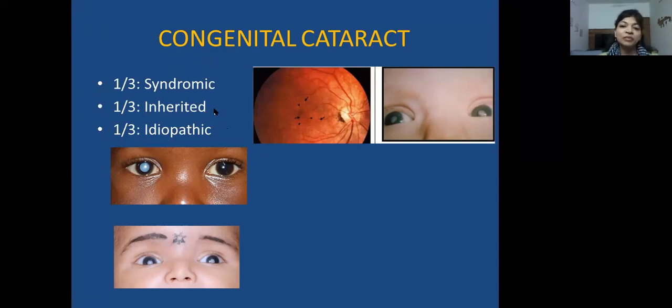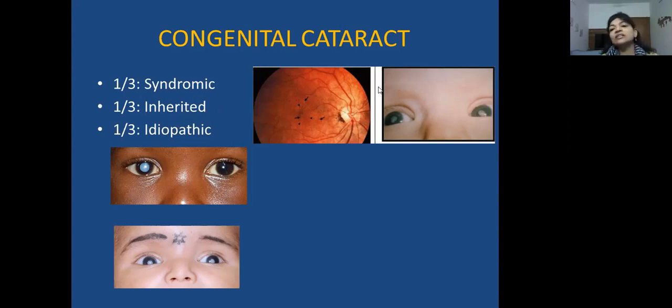So when you see a baby with a congenital cataract, the first thing that we do is we commonly examine the parents as well, because in 1/3 of kids, you would see that the parents also have some kind of congenital cataract. They either underwent surgery when they were kids, or it was just a small early cataract which didn't affect vision. So that would give you a clue, and the importance of checking parents in this case is because you're not subjecting the baby to an extensive battery of investigations trying to rule out other conditions.